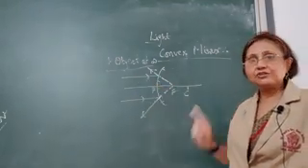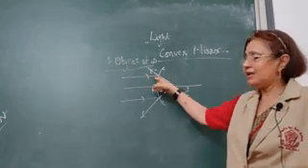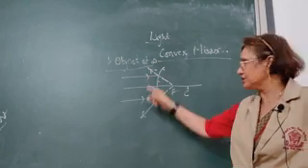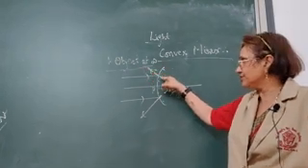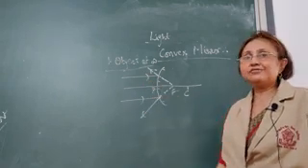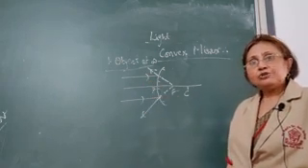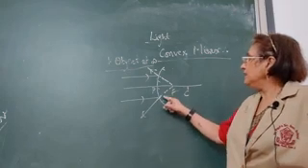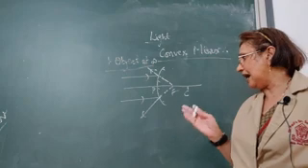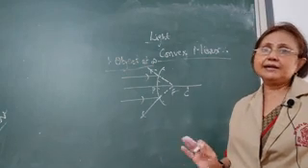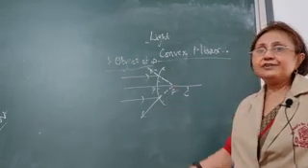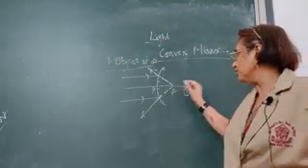We know that in case of a convex mirror, a ray of light which is parallel to the principal axis appears to pass through the focus. This is the actual reflected ray, extended backwards, it appears to pass through the focus. So both the incident rays are parallel to the principal axis and they will appear to pass through the focus, and wherever the reflected rays actually meet or appear to meet, the image is formed. Here the reflected rays are appearing to meet at the focus.